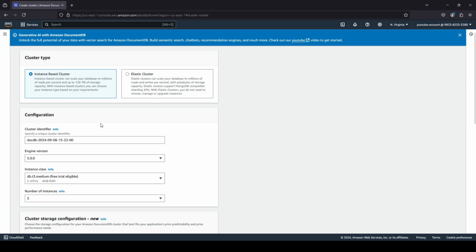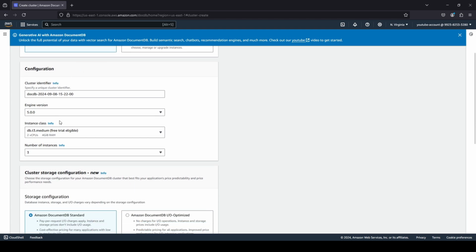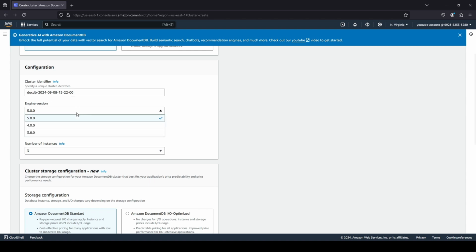So it all depends which use case you have. You can see that both of them are pretty good, but we will just stick with the instance based cluster. We're going to leave everything to default. Of course, you can choose an engine version if you have a preference, but I'm just going to stick to the default version. Now, when you are choosing your instance class, please make sure that you choose the one that is